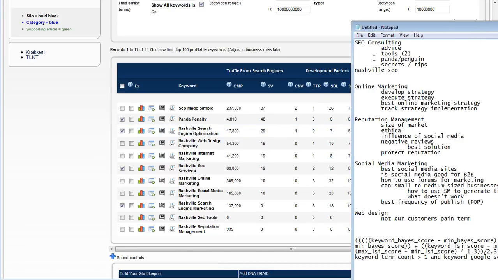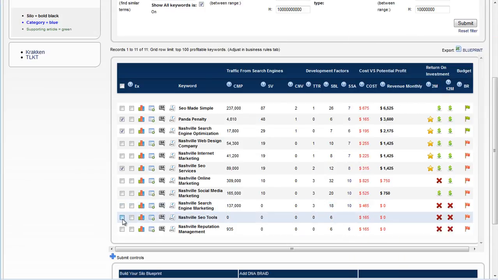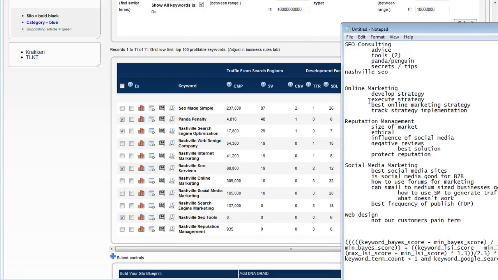And if this is SEO consulting, search engine optimization consulting, online marketing, I'm kind of stretching that pay-per-click concept into here a little bit with SEO services, search engine marketing, online marketing. Maybe I don't want to go down this path. Let's do SEO tools instead. Oh, was SEO tools a separate thing? No. Tools were here. SEO tools. All right. Let's do that.